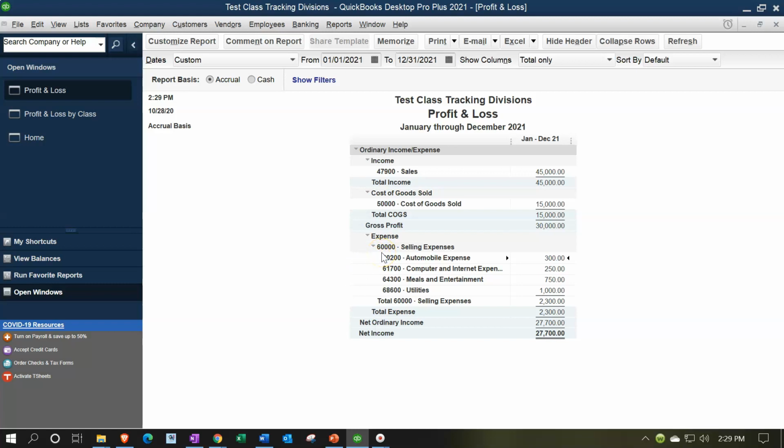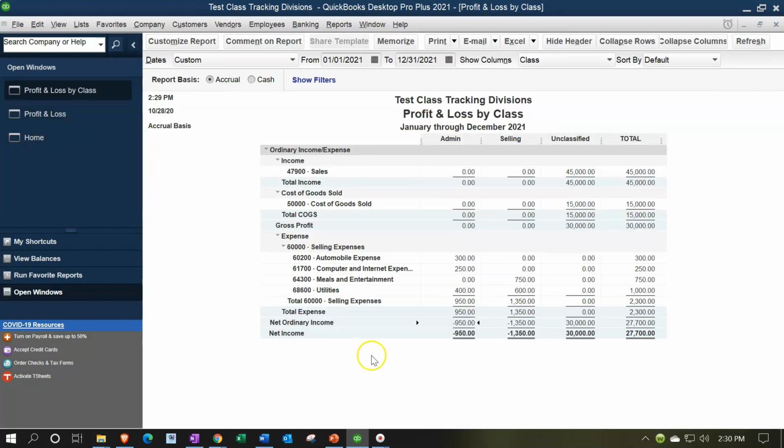I won't remove the subcategory right now, but the subcategory is no longer telling you anything because this includes both selling and admin for each category. But then if I want to break out the category for my internal use to get an idea of the selling and admin breakout, then we can go on back over here to the profit and loss by class, breaking out the selling and the admin. And then the unclassified would be the income and the cost of goods sold. And then the total column would still be the same as it is in the standard profit and loss report. So those are a couple different ways you can think about